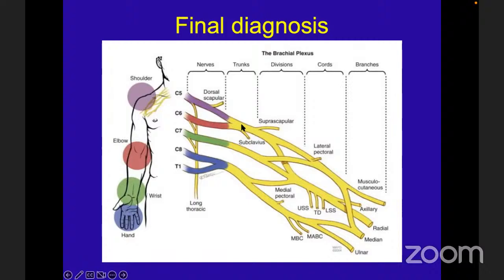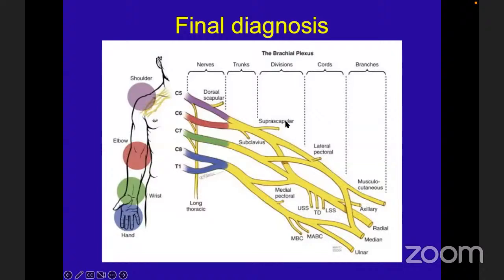Now, once you come to the trunk level, what nerve do you check? Very difficult to check the subclavius. Forget about that. Maybe ask, there are other branches of the subclavius. It's very difficult to examine. So the trunk level is also done,